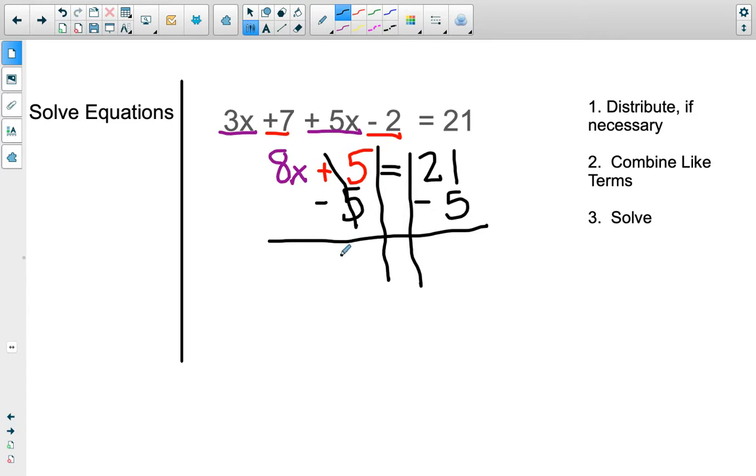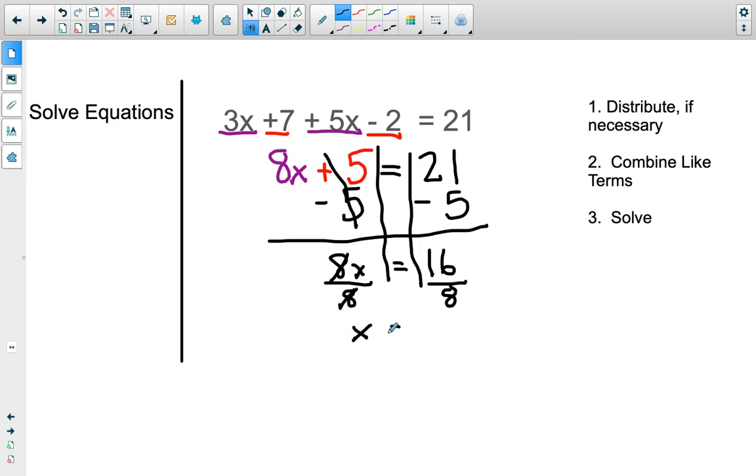I'm left with 8x equals 16, because 21 minus 5 is 16. I'm going to divide both sides by 8. My 8's cancel out, and I'm left with x